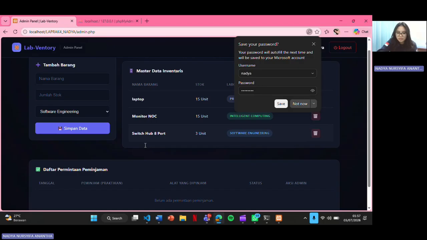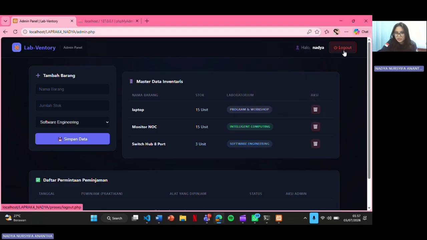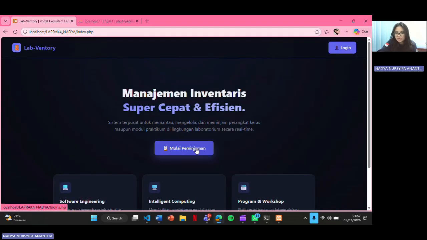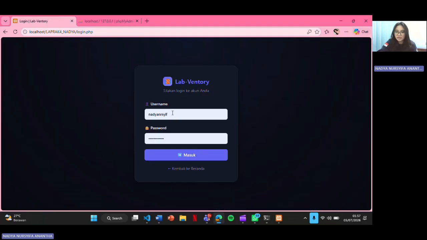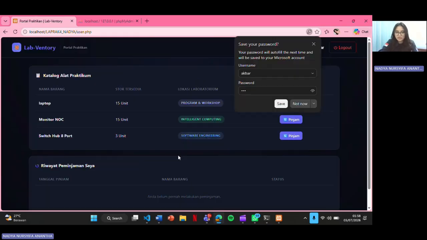Next, about the practicant dashboard, for example Akbar. This is Nadia as admin, and Akbar as user, and this is the password.